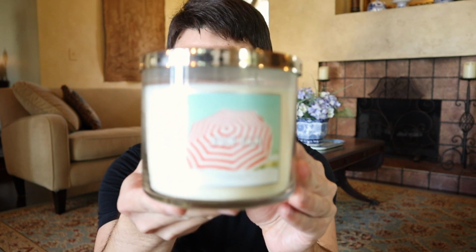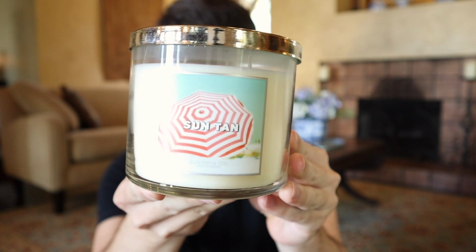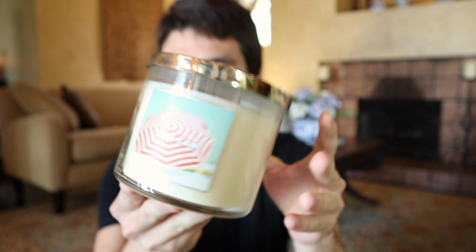Number 5 is, oh my gosh, another summertime beloved, and this is Suntan, and this is from the older packaging. As you can see here, Suntan is also still out in rotation, so we're good to go here. This was the SAS